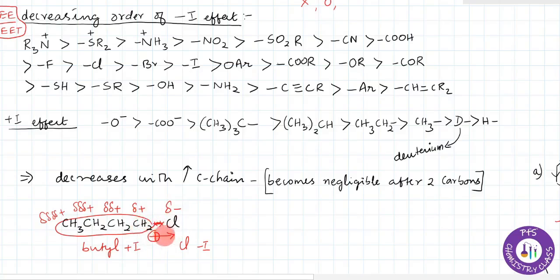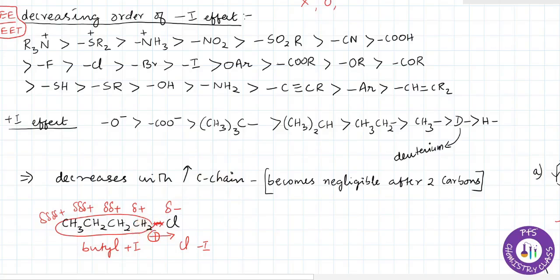Therefore, it will pull electrons towards itself. So the butyl group is said to exhibit a plus I effect, and chlorine is said to exhibit a minus I effect. Now this point, that the inductive effect decreases with increasing carbon chain, means that the inductive effect